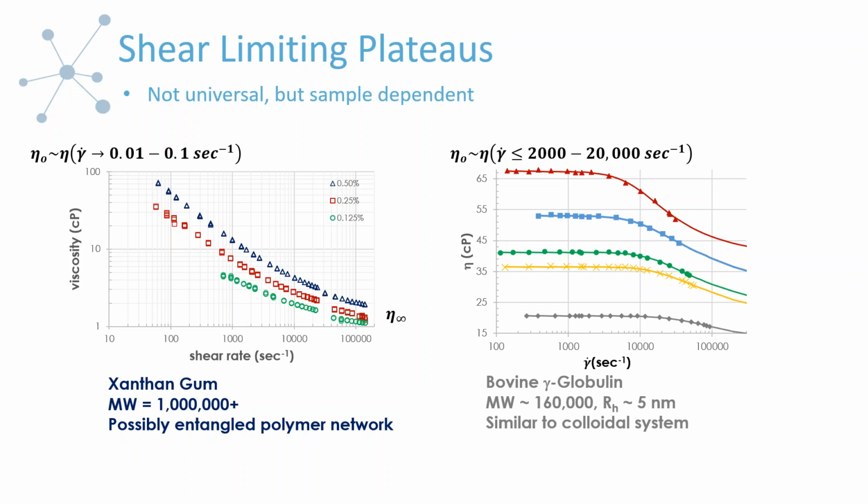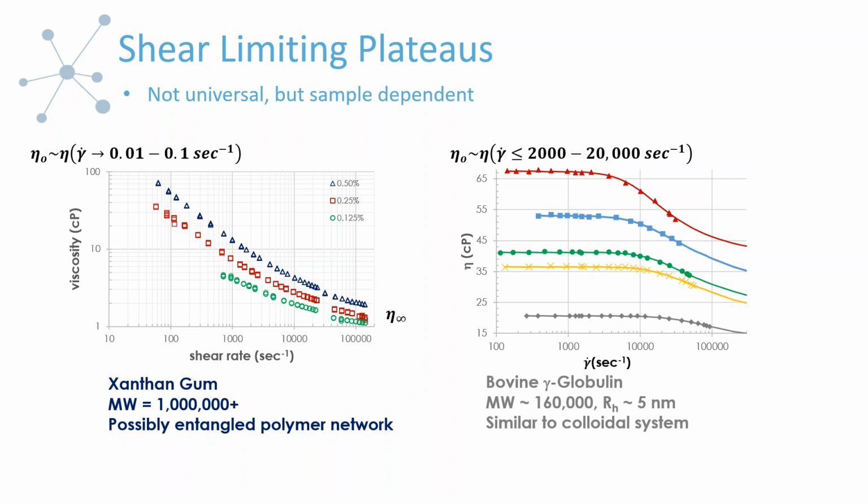So what I wanted to point out is that we clearly obtained the low shear plateau for our protein solutions. And the range over which this plateau lasts varies quite a bit from sample to sample here. So we can see that in some instances it lasts up to 2,000 inverse seconds, and in other instances it lasts up to 20,000. So the onset of the shear thinning and the loss of this low shear plateau is highly dependent on the sample.